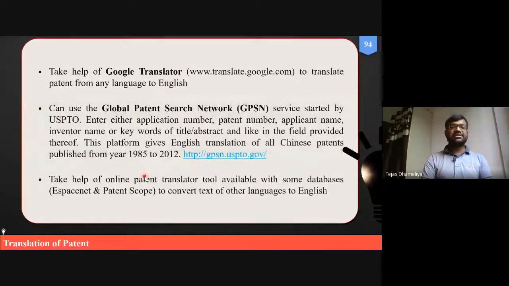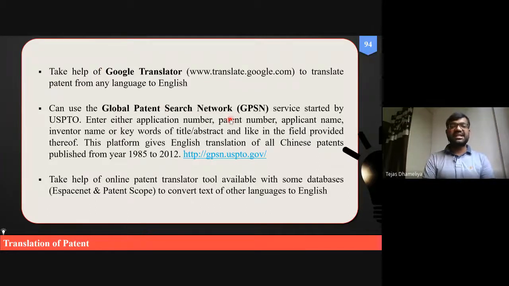Just like I have discussed with you, you can take the help of Google Translator to convert any language into English. Because many times it happens that we are not getting the articles in our national language, but they are available in foreign languages. So for this purpose, we can use Google Translate.